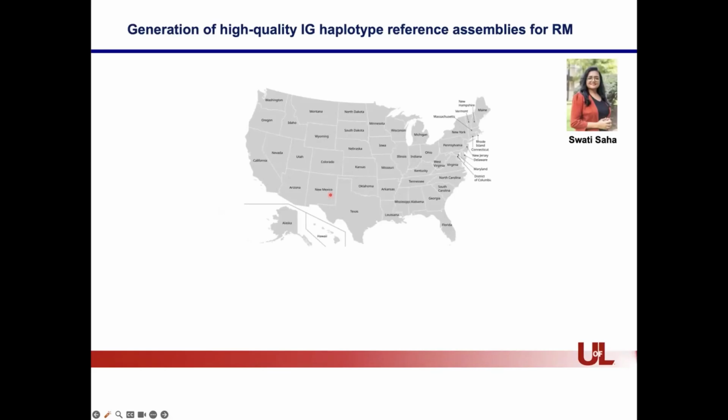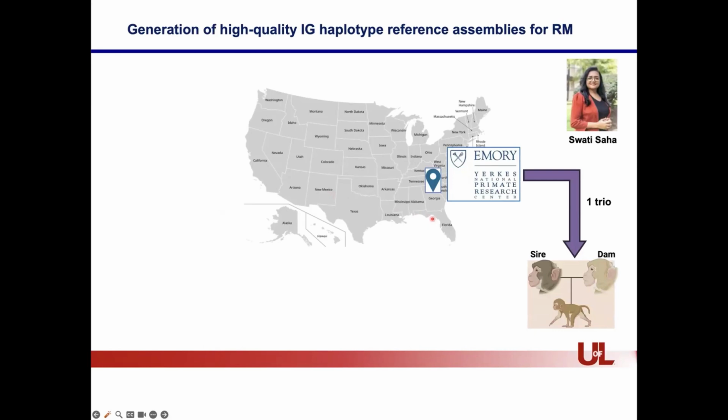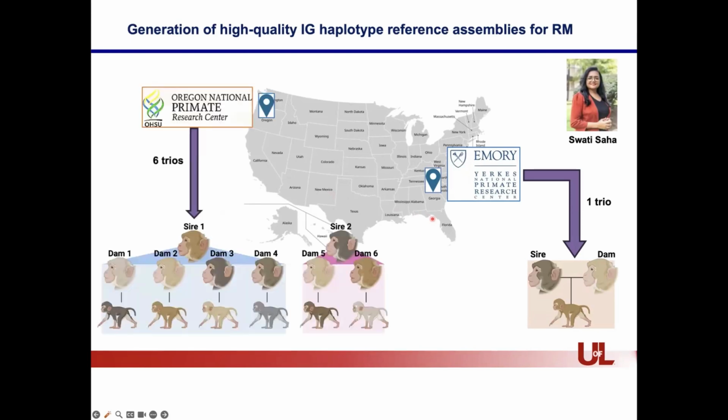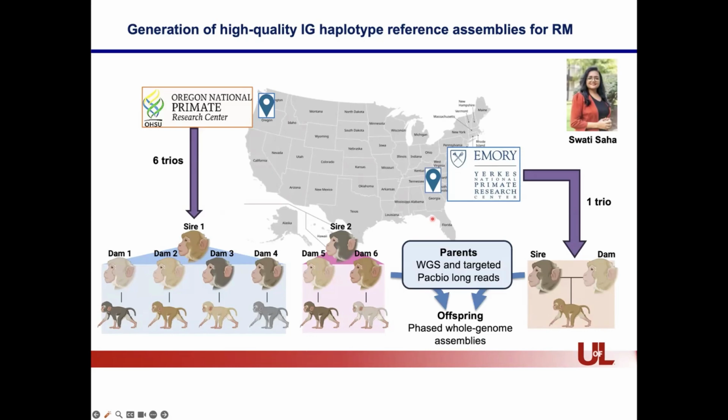So what's next for Rhesus IGNX? And this is just my last teaser slide. I just want to point out the work by Swati Saha and Corey Watson, who have started with a trio of animals taken from the Emory Primate Center that they've used to benchmark all of the capture data they've done, and have also done a series of other trios from other primate centers to try and get a handle on the very extensive haplotype diversity. That is something that really underlaid the data I talked about today, but I didn't really get into it, and hopefully they can have a chance to present that at a later seminar.